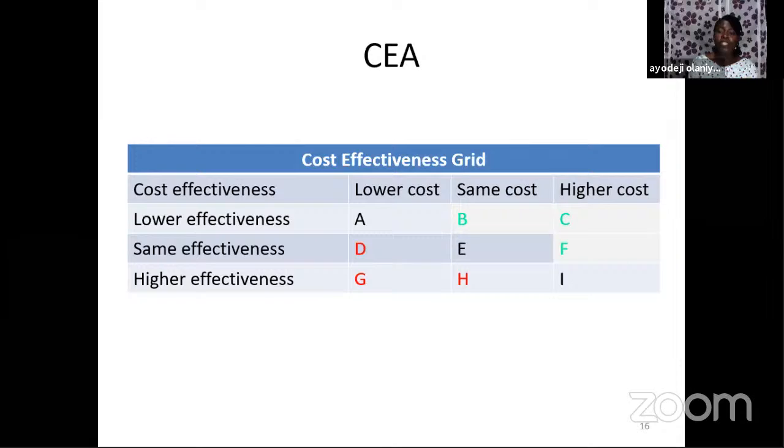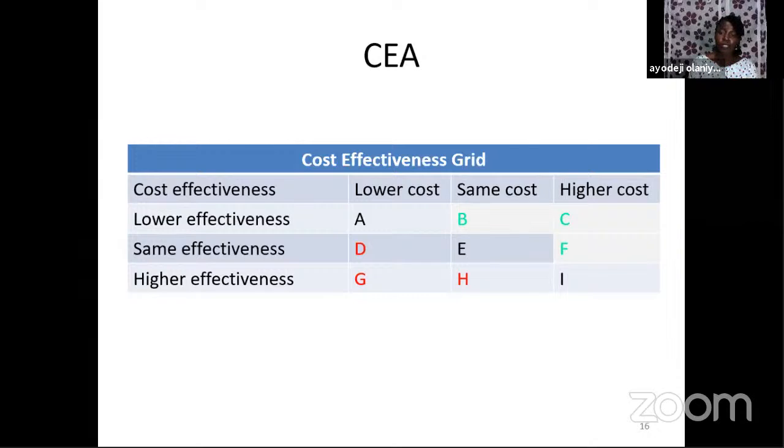Then we are left with A, E, and I. E has the same cost and the same effectiveness. If the clinician or the economist will be choosing E, then other things will be taken into consideration. Probably the one you're using is a parenterally administered drug, and the new one is an oral one. So other things will be taken into consideration before considering if E, the new drug, should be added to your